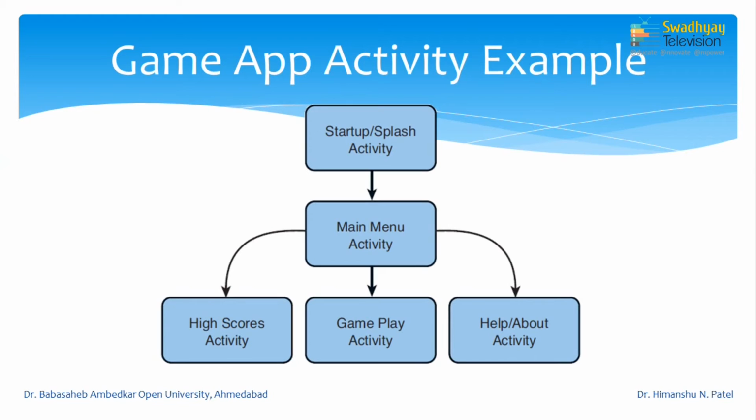Now, let us understand activity by a game application example. Whenever you start some game, it normally displays a startup screen, a splash screen, which may be represented by an activity. Initially, the startup screen is displayed for some time, and then you are moved to the main menu. The main menu can be another activity which may start after the splash screen activity, and inside the main menu there may be options for displaying the high score, to actually play the game, to know about the game or what the rules are, and how to control the game parameters.